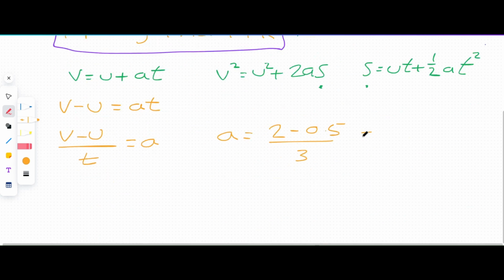This will give us the acceleration, which works out to be 0.5 meters per second squared. 1.5 divided by 3. So this car's got to accelerate 0.5 meters per second per second. That's the acceleration. Okay. Now I can go back to my D'Alembert's formula,